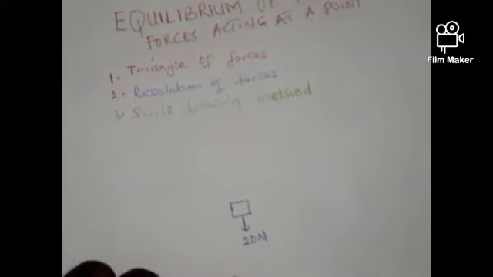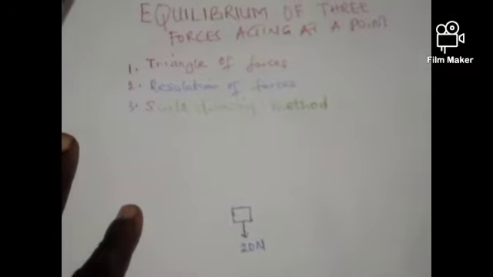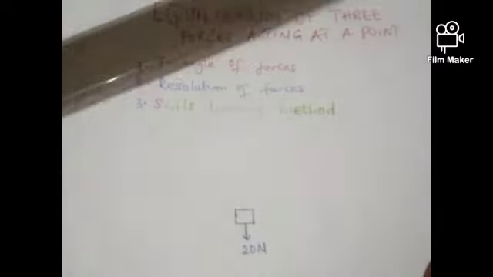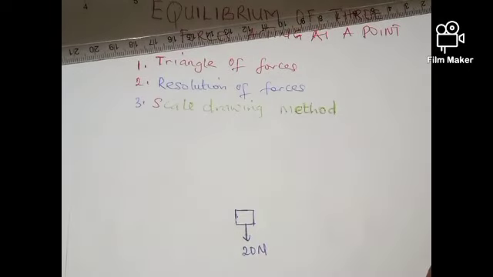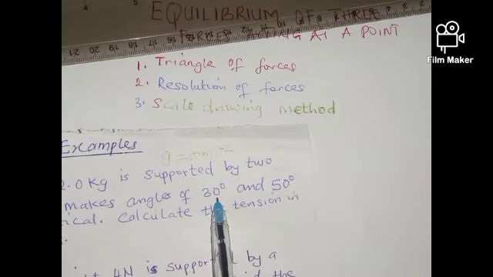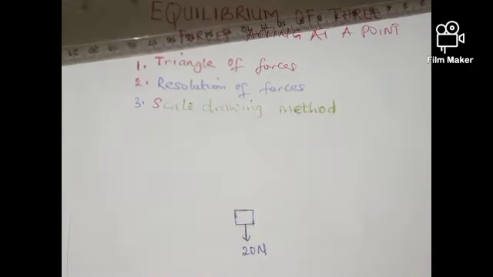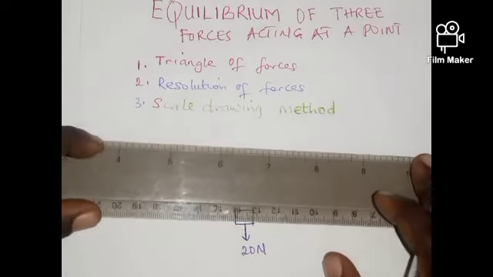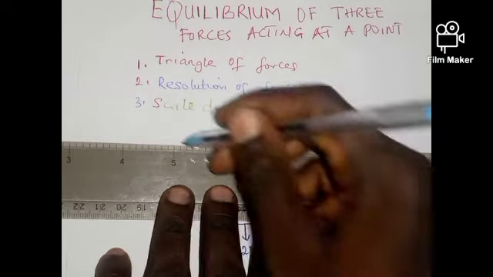Remember, I said I'll be using 10 for the acceleration due to gravity. Now if I have 20 Newton, then it's supported by 2 cords, which makes angles of 30 degrees and 50 degrees with a vertical. So if I have a fixed point here,